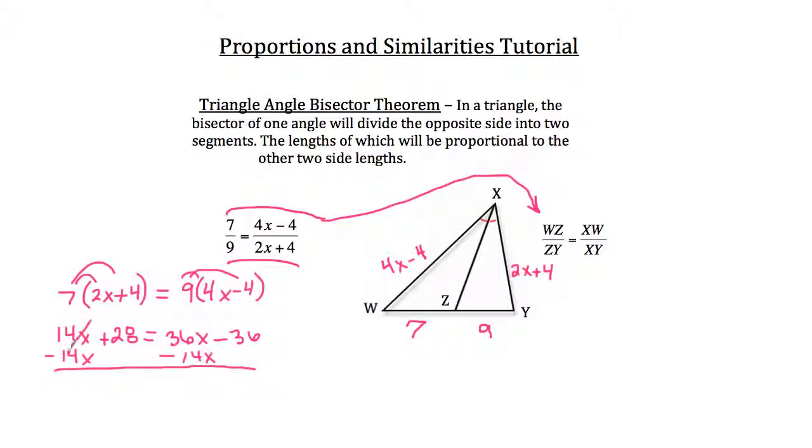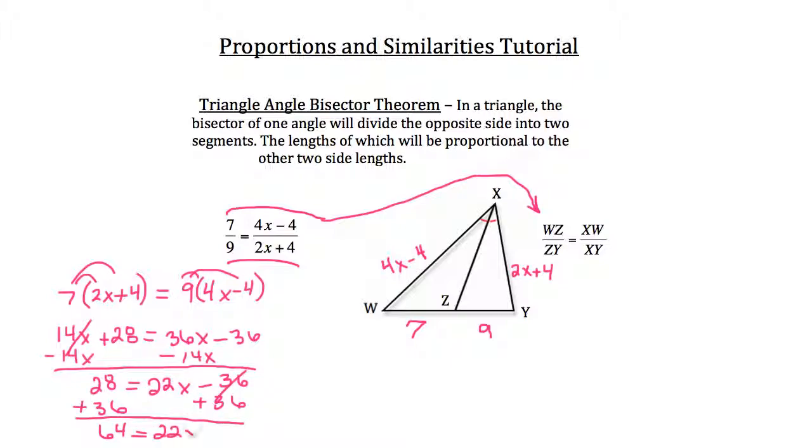On the left, the 14x's will cancel, and we'll have 28. And on the right, we have 36x minus 14x, which is 22x, minus 36. Now we want to get all our numbers on one side of the equation, so we'll add 36 to both sides. On the left-hand side of the equation, we have 64, and on the right-hand side, we have